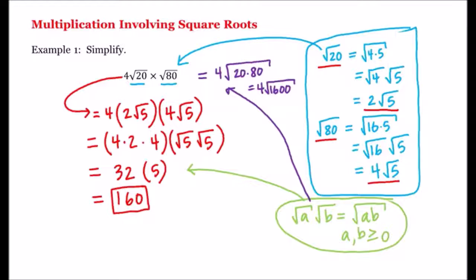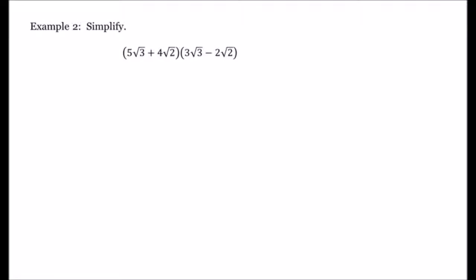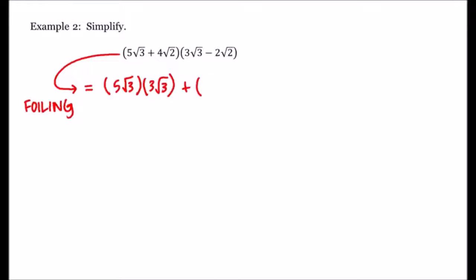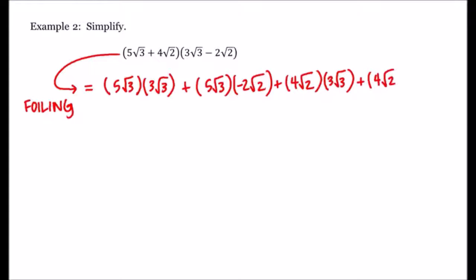All right, let's look at another example. Let's simplify this. What we'll do is we'll begin by FOILing. That is, this is equal to 5 square root of 3 times 3 square root of 3 plus 5 square root of 3 times negative 2 square root of 2 plus 4 square root of 2 times 3 square root of 3, and finally plus 4 square root of 2 times negative 2 square root of 2,